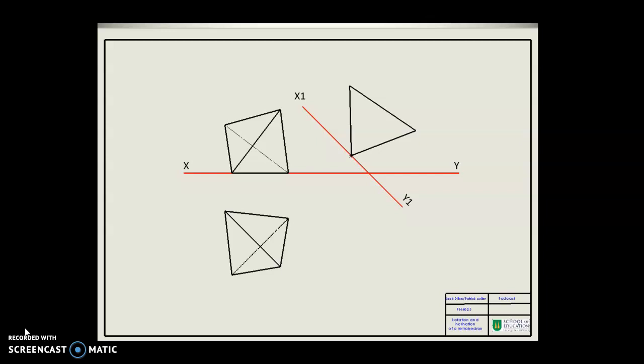As you can see, there is no end view. If you would like to develop your spatial and drawing skills more, it would be good for you to complete the end view. Thank you for watching this video on how to complete a plan and elevation